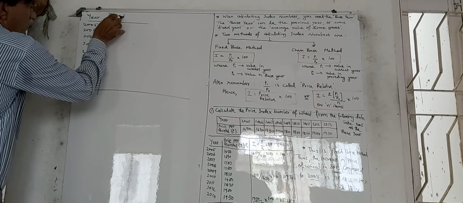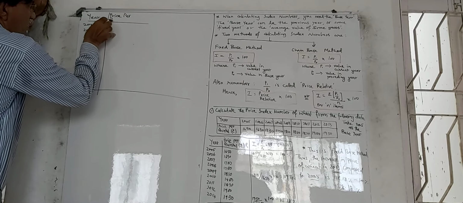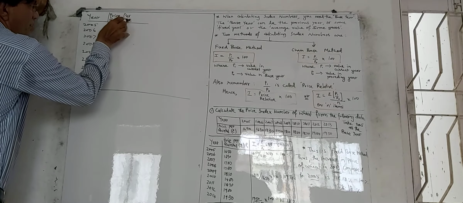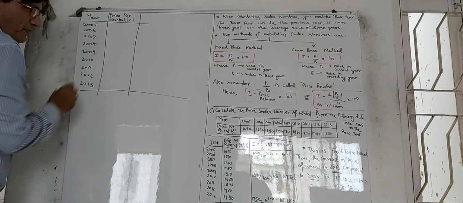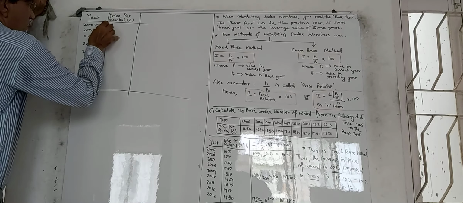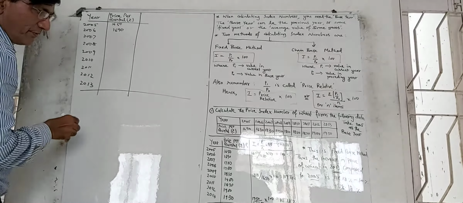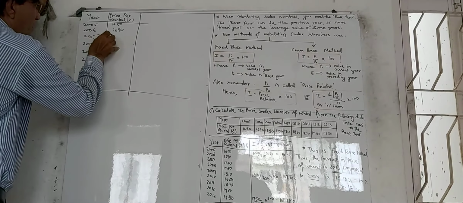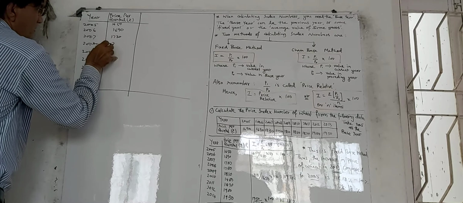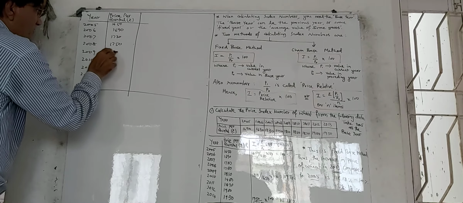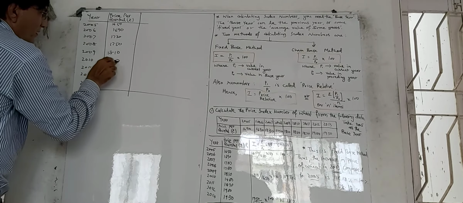Quintal meaning 100 kilograms. The price is given in rupees. The prices are 1650, 1690, 1730, 1750, 1810, 1850,